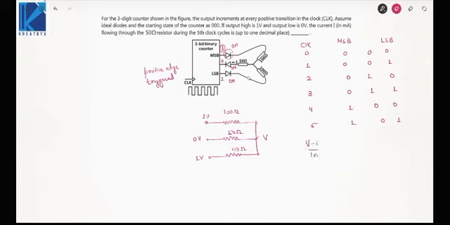V minus 1 by 100, V minus 0 by 50, V minus 1 by 100. Take the LCM as 100. 4V minus 2 equal to 0. So V will be 0.5 volt. So what is this current I? I will be 0.5 by 50. That is 0.01 ampere. So that will be the current, and in milliampere you can say 10.0 milliampere. Is it fine? That will be the current flowing in the circuit.